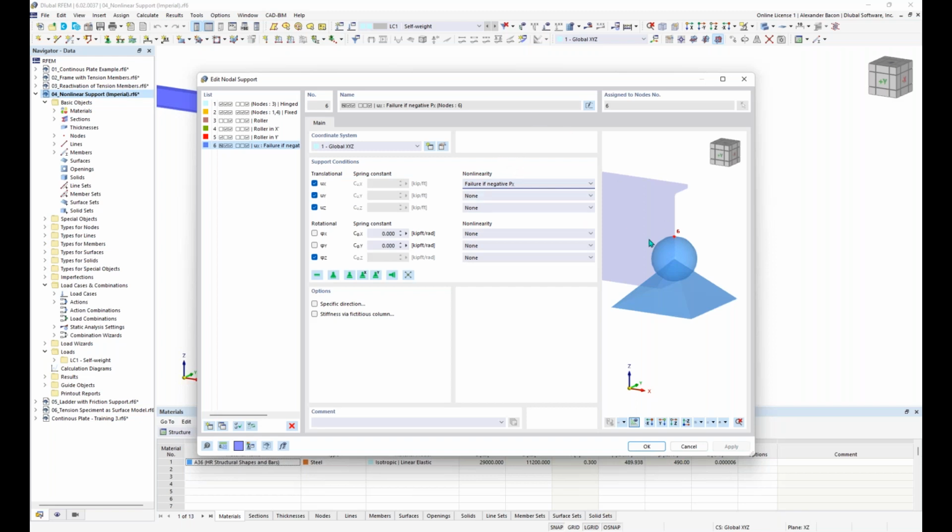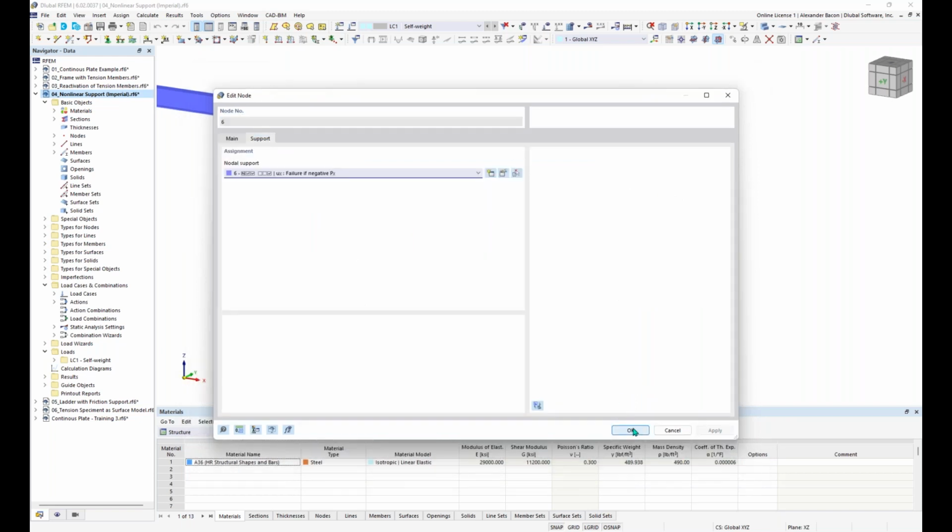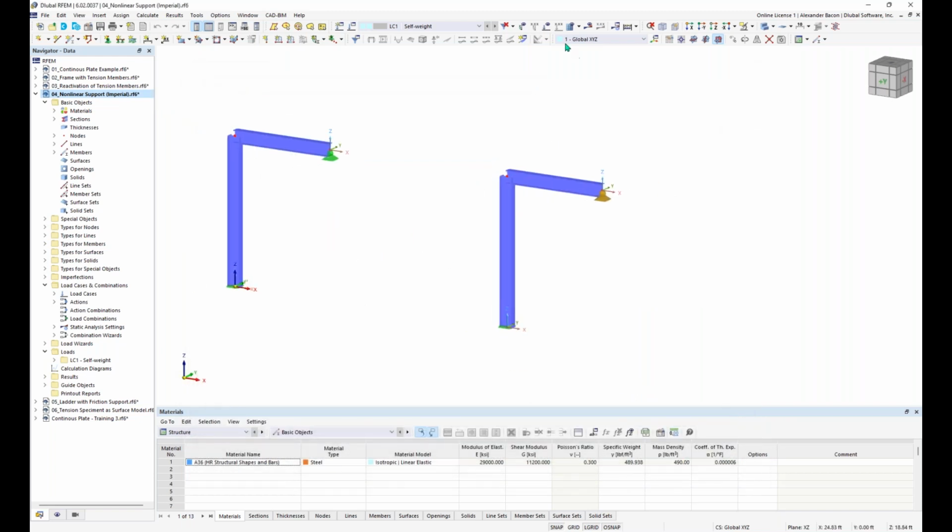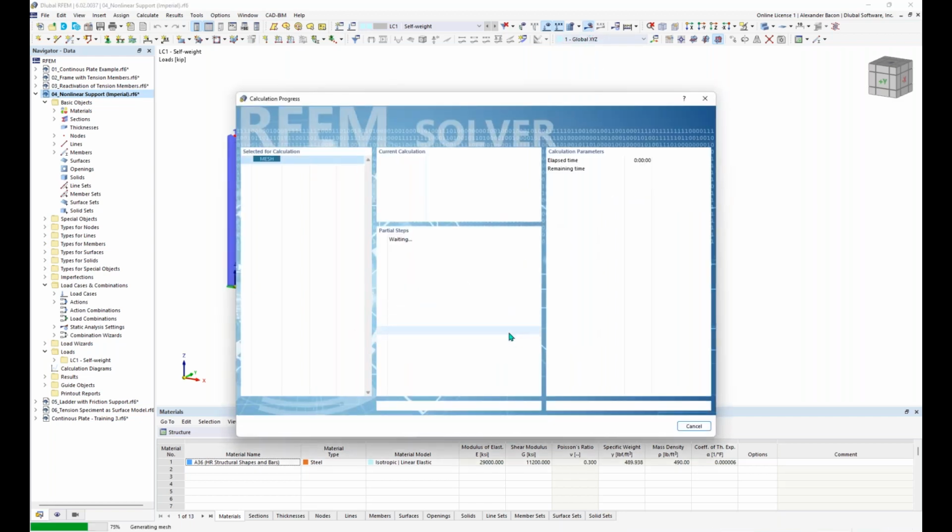That means if this node here experiences a negative force on it, then it will fail. If we click OK again, and I turn on my loading, you can see that I added the same loads here to each side. And if I run the results, click OK,